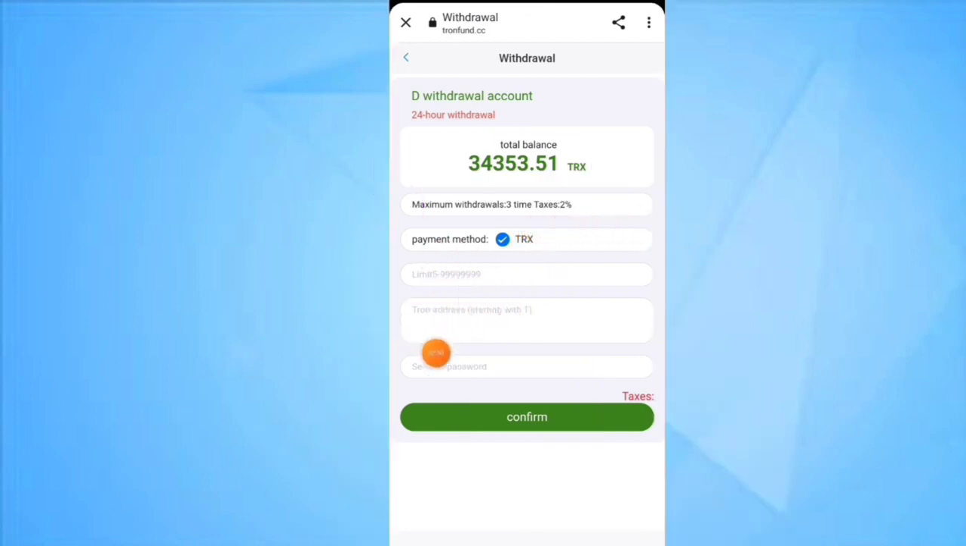So first I will show you how to deposit your money. Click on the deposit option, then you will need to select